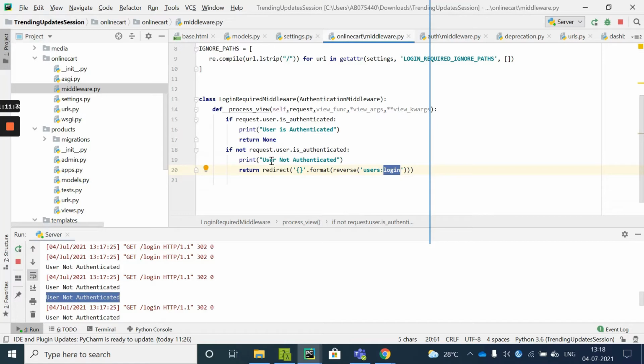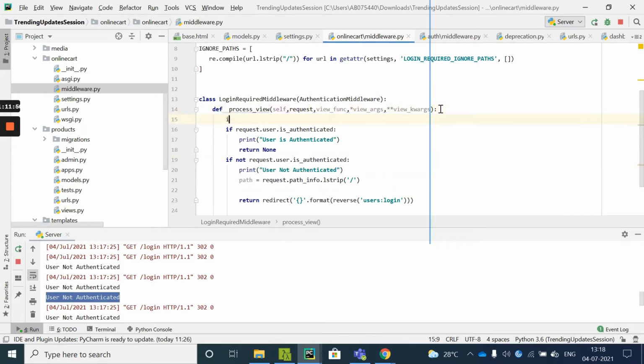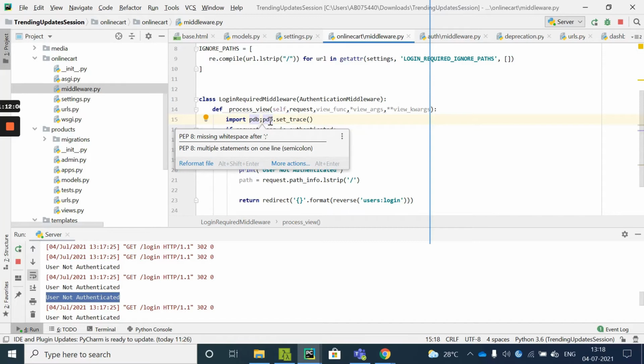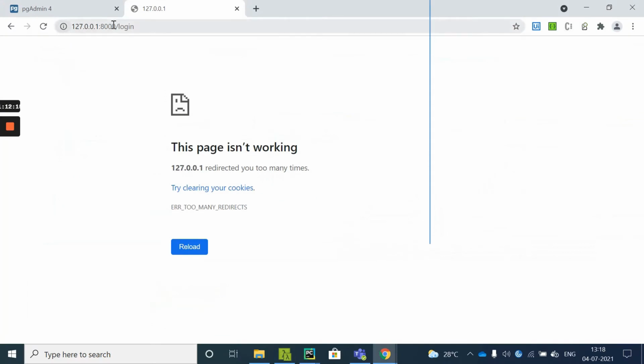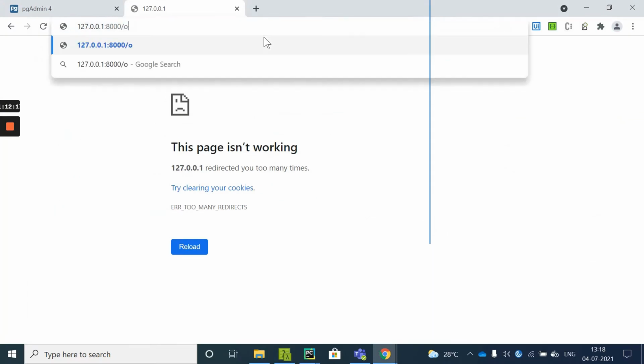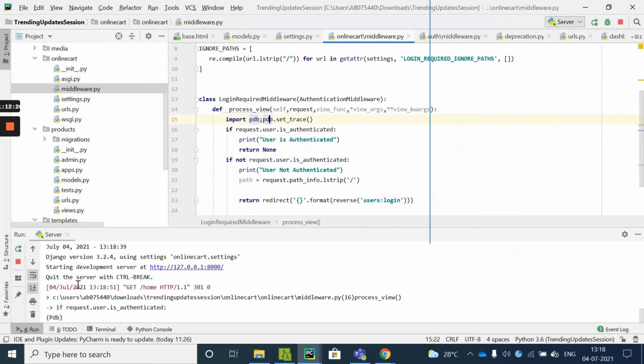So once the user is not authenticated, first take the path from the request object, strip it by slash. So what the paths will be like, I'll just discuss the debugger also, pdb.set_trace. This is how you start debugging your code. You just need to import pdb, the Python debugger, and call pdb.set_trace. Now whenever you reload, and I'll come up here and reload, I want my home page to be displayed. Now it will not display because we have added a debugger here.